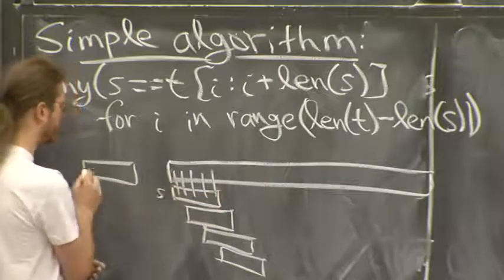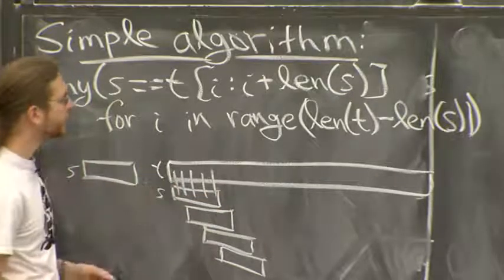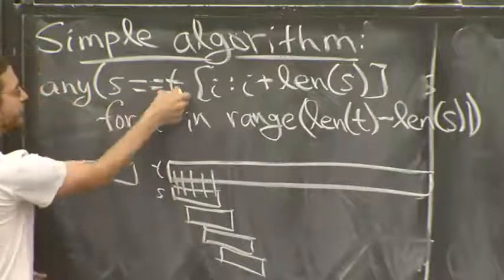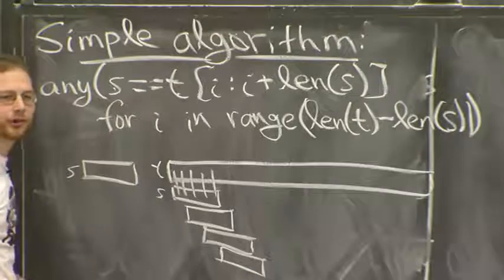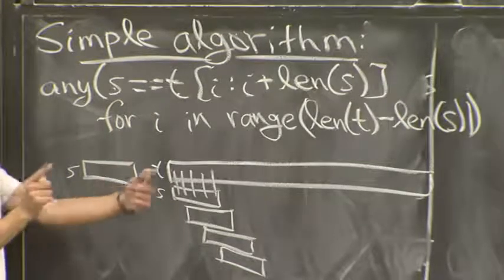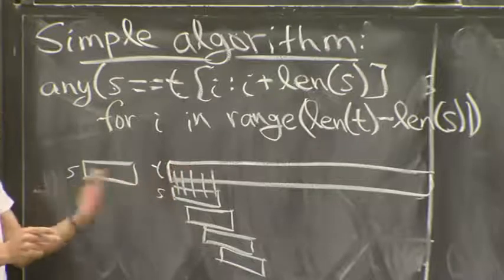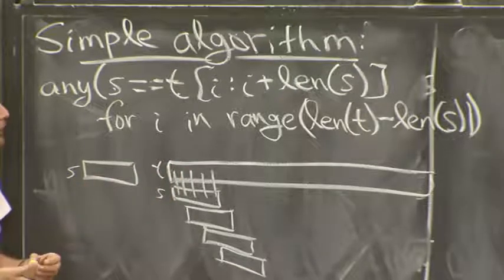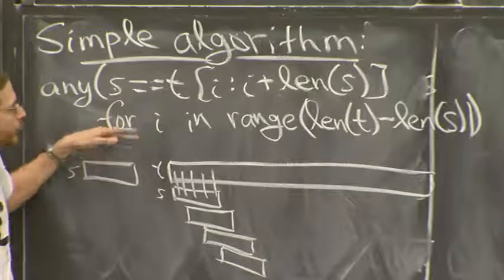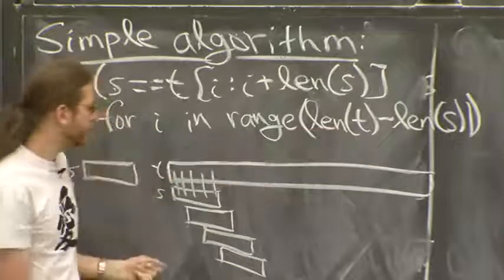This is S. This is T. And so each of these looks like that pattern. We compare S to T. What this comparison operation does in Python is it checks the first character, see if they're equal. If they are, keep going until they find a mismatch. If there's no mismatch, then you return true. Otherwise, you return false. Okay, and then we do this roughly length of T times, because that's how many shifts there are,